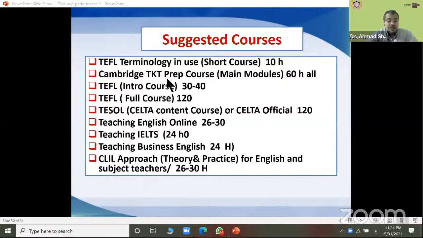How to teach IELTS: there is a course from Cambridge called Teaching for Exams. When you are teaching for exams, especially for IELTS, you should first study the 4 skills of IELTS and the types of questions.